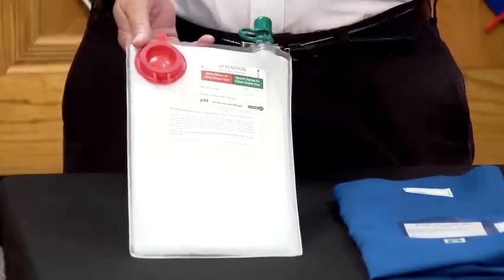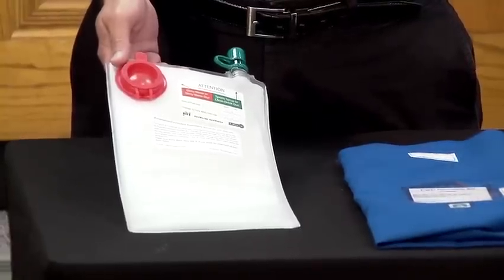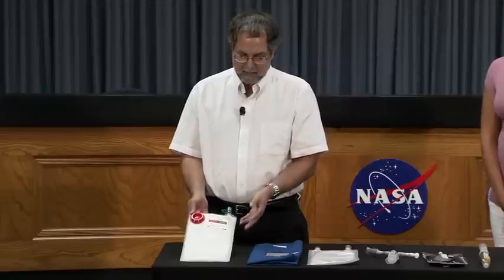So we'd like to show you a tech demo project that's flying on the shuttle Atlantis this Friday. It's what we call the forward osmosis bag. Think of it as a bag within a bag. In the outer bag you can introduce dirty water, or water that cannot be drunk by the astronauts. In the inner clean bag, we introduce a high sugar solution concentrate. And just by osmosis, it cleans the water. It pulls the water through a semi-permeable membrane, which selectively excludes elements, compounds, bacteria, and viral particles that are not desirable. You end up with a sports drink that maybe 4 to 6 hours later can be drunk by the